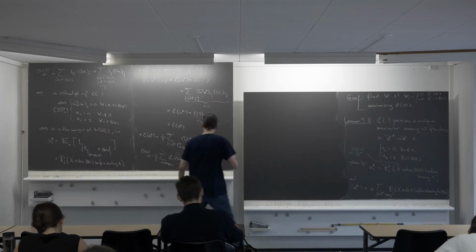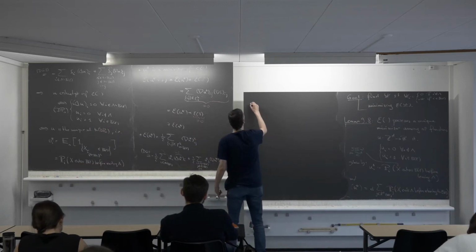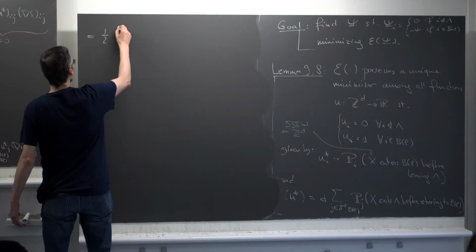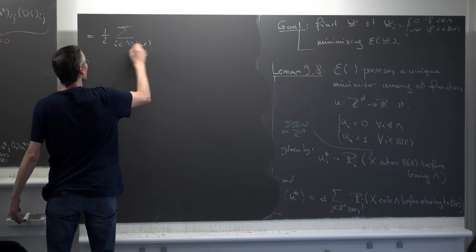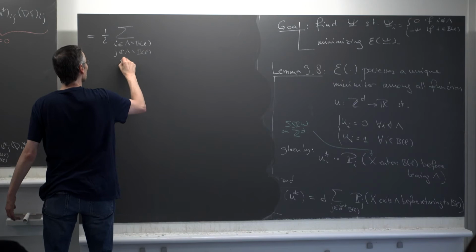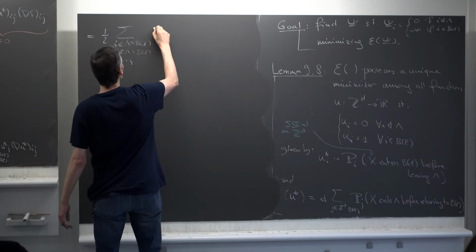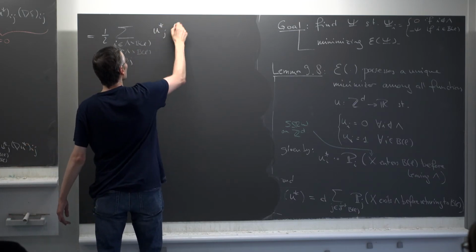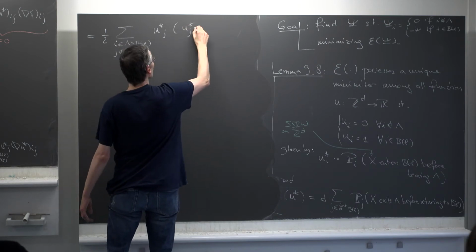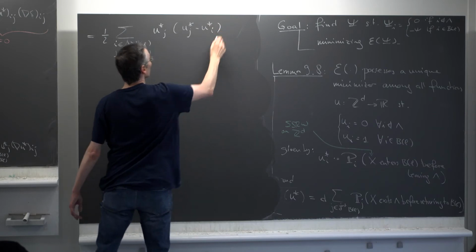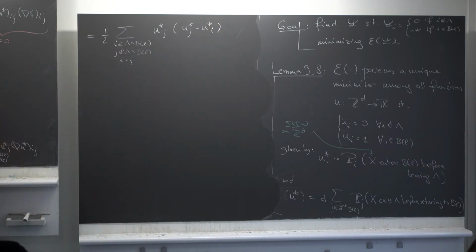So let's continue. So we have just this thing. So this is equal to 1/2. Let me write it here in B so that we see it. Sum over i in Lambda minus B_L, j not in Lambda minus B_L, i and j neighbors, of u star j times u star, it was i j, j minus u star i. Okay. Just rewritten this explicitly.